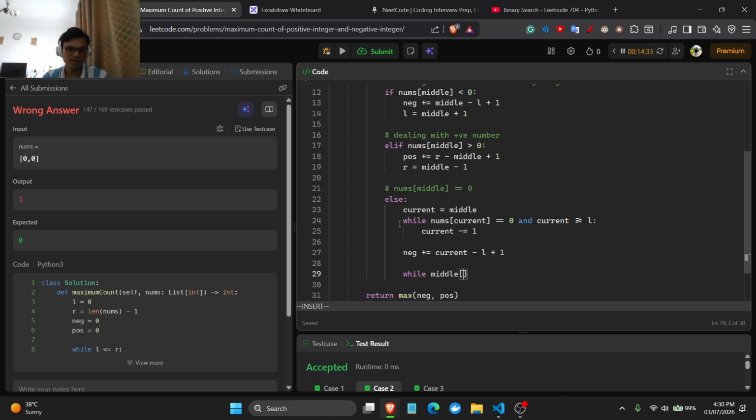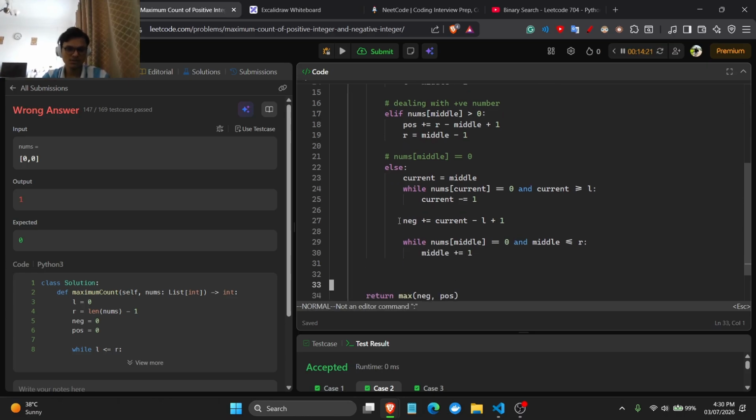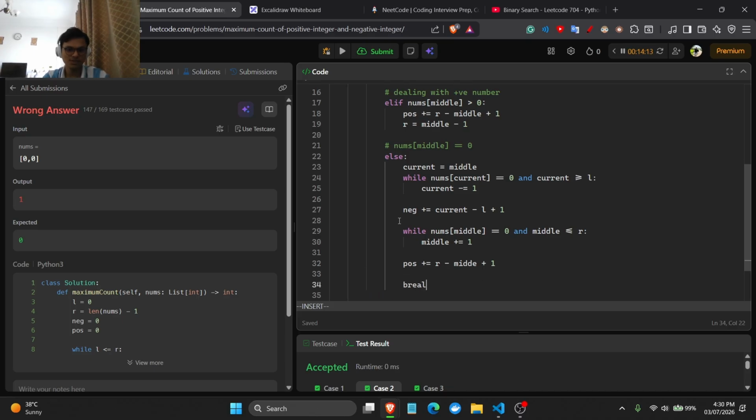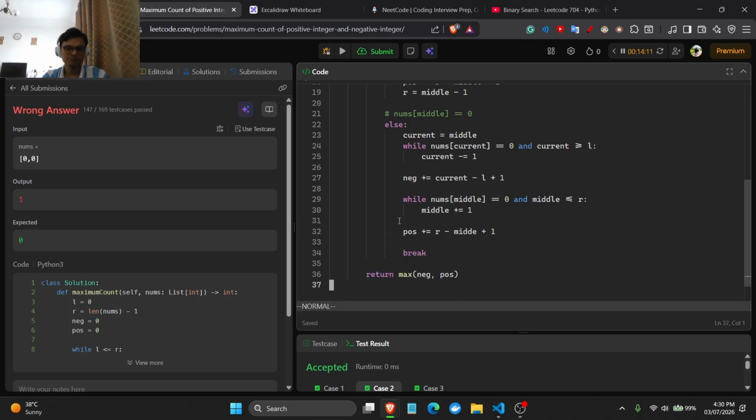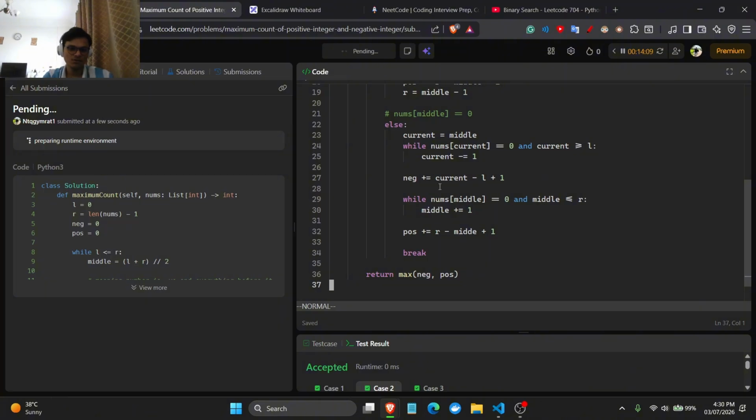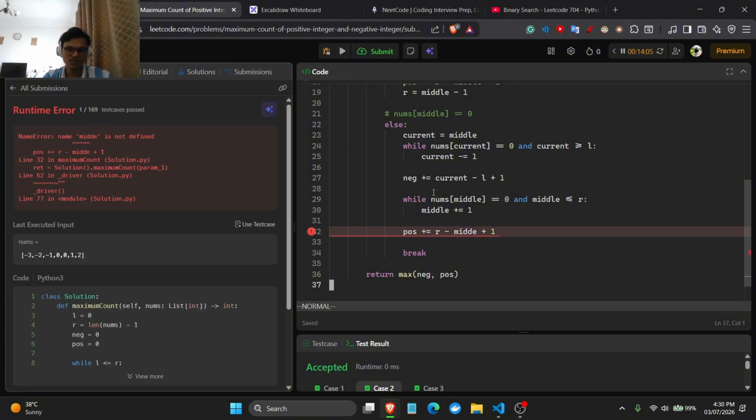का while nums का middle is equal to 0 and middle is less than or equal to r, we will do middle plus equal 1, and we will do pos plus equal r minus middle plus 1, and we will do break. This could either be the biggest mistake. Okay,